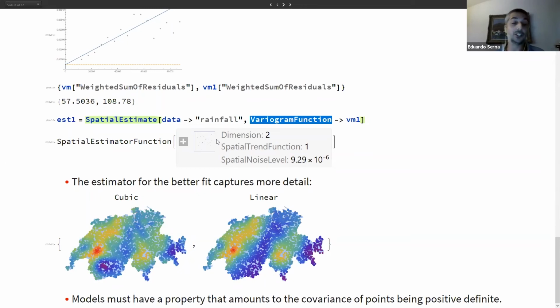And the reason we can't just plug in any model is because